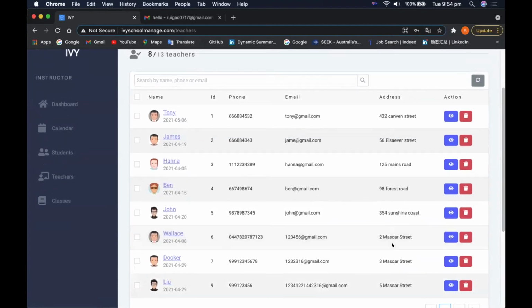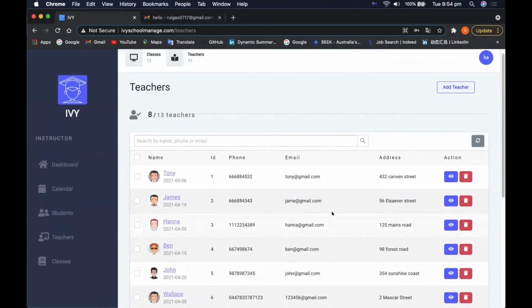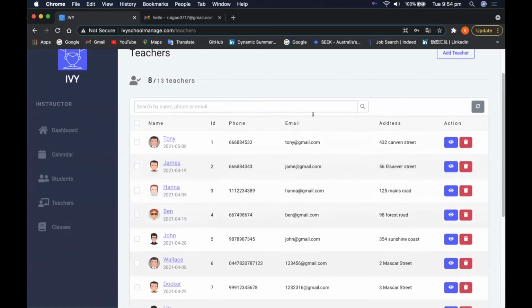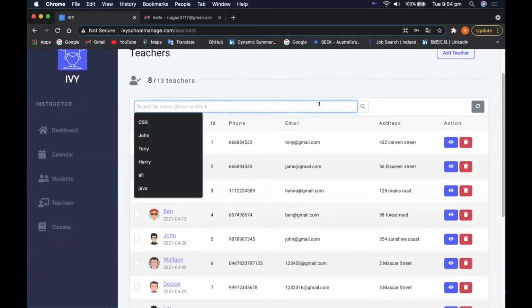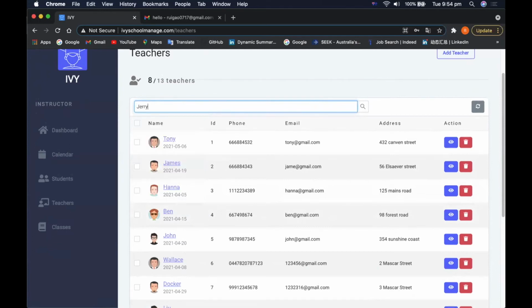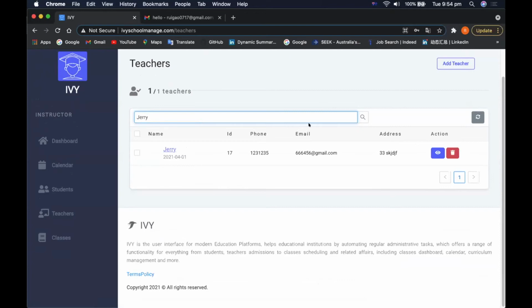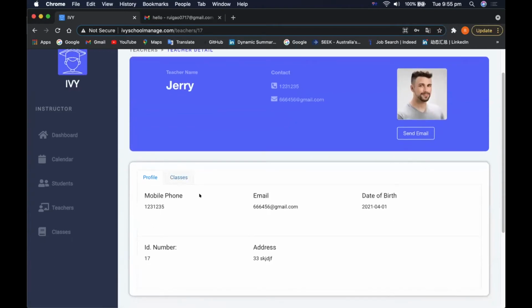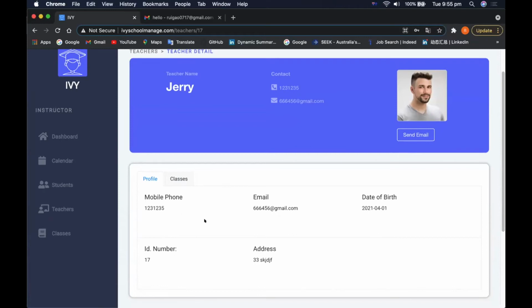In order to check that this information has indeed been saved in our database, we can use the search bar to find the teacher by name, like Jerry. As we can see, this information has been saved in our database. Please click on the name Jerry, yes. And we will jump to Jerry's personal profile, and all the detailed information we just added will be displayed